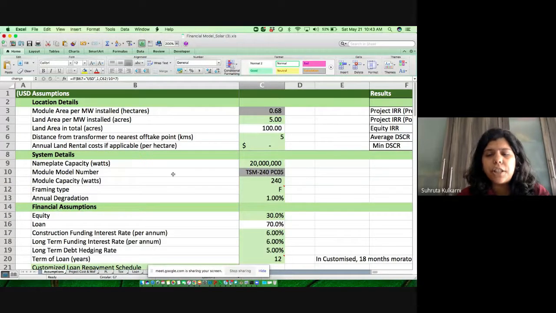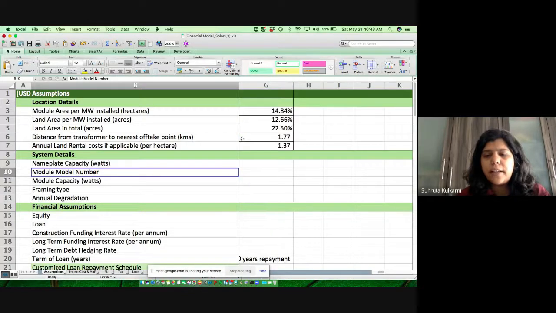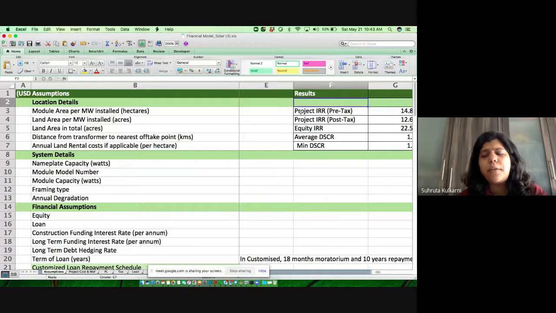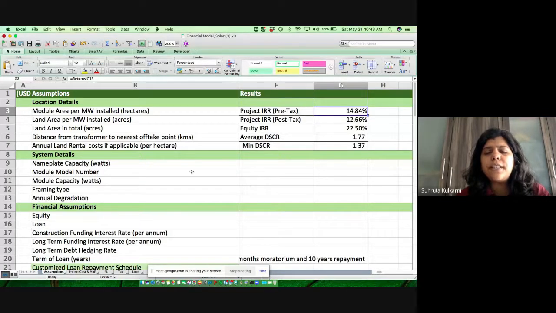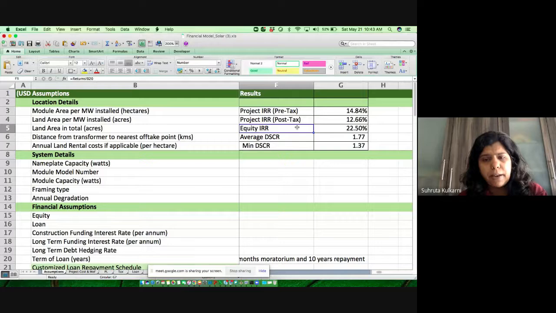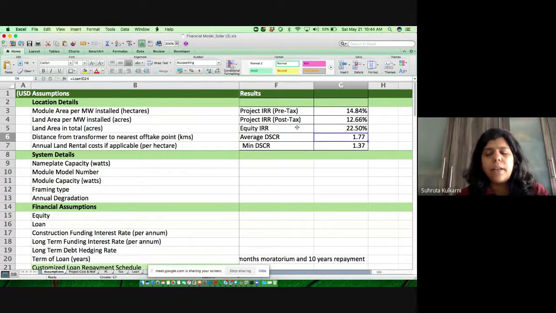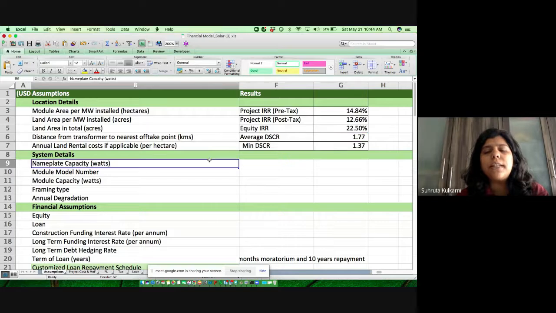So this is the assumption sheet. On the assumption sheet itself, I have put some of the outputs. Again, as I said, you can put this on the cover page also or in a result page. I wanted to put this over here because I want to see that if I change some assumption, how does it impact my IRRs, my project IRR, my equity IRR, and how does it impact my DSCR? DSCR is nothing but debt service coverage ratio, something which is required by all the lenders, people who give you loans, right? So this is what I put here so that it's easy for me to see the outcomes based upon what I'm changing in the assumptions.